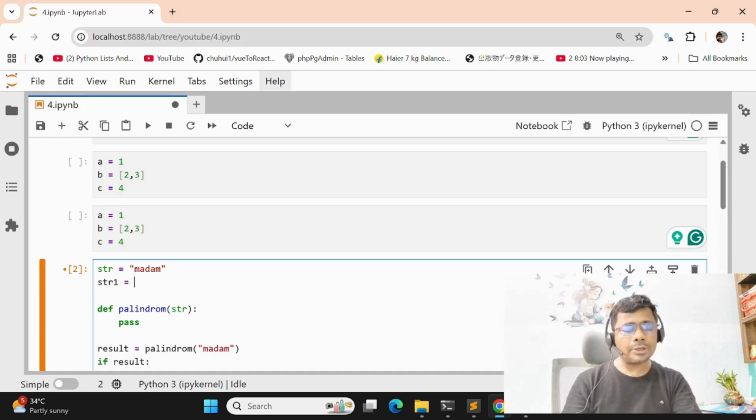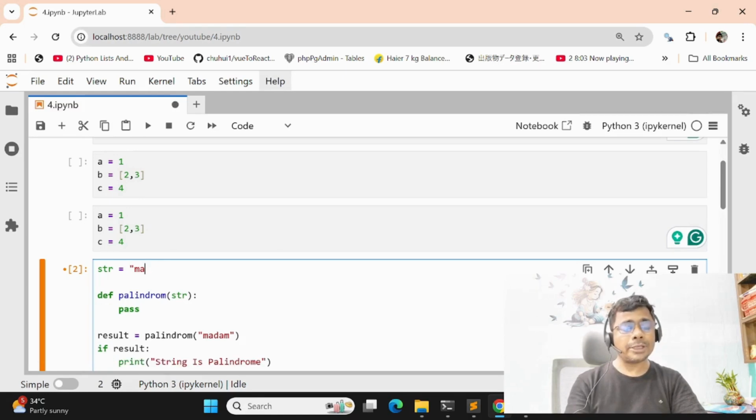After reversing the string, the output will be the same as madam. Then compare the original string with the reverse of the string. If both are the same, then you can say the string is a palindrome.